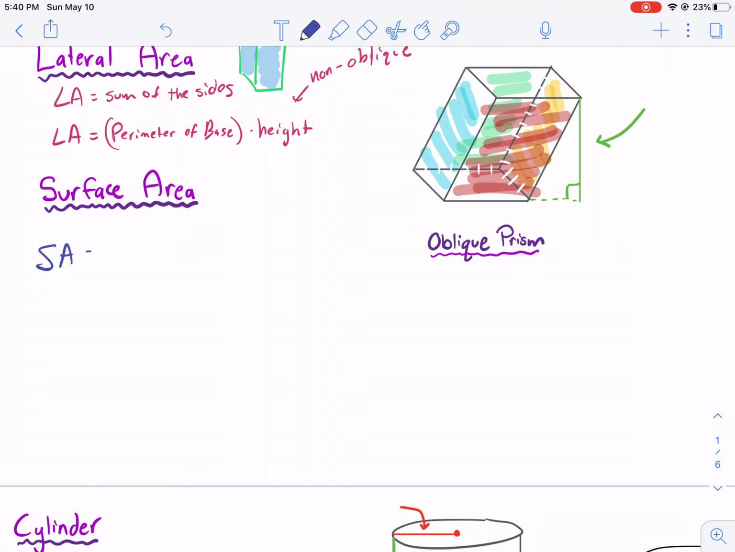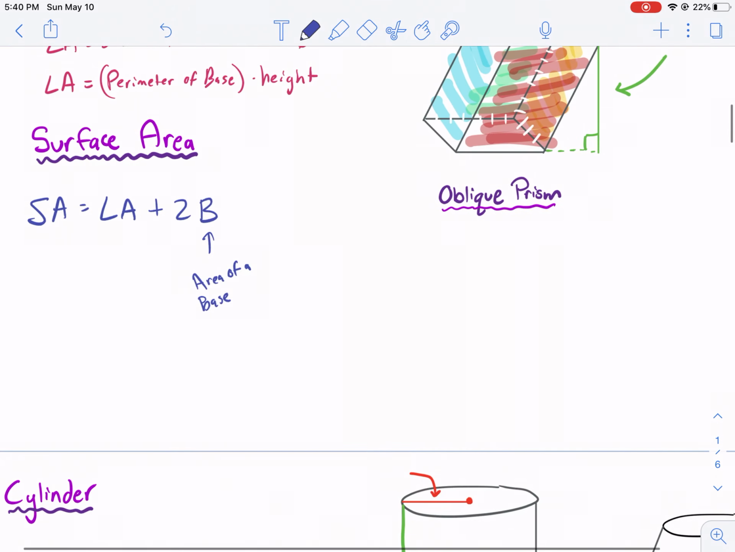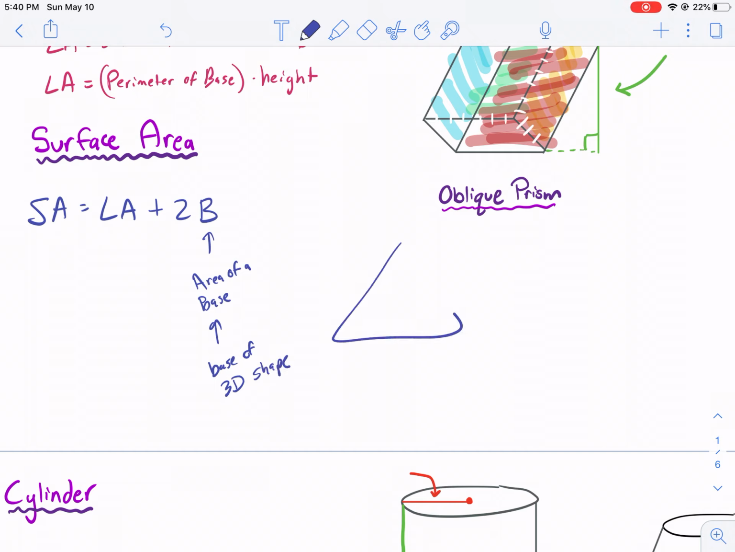So surface area is equal to the lateral area, that's the sides, but now you need to add in the two bases. Now, notice how I use a capital B. This stands for the area of a base. When we're talking about capital B, we're talking about the base of a 3D shape. This is different than a base of a triangle. So if we had a triangle here,